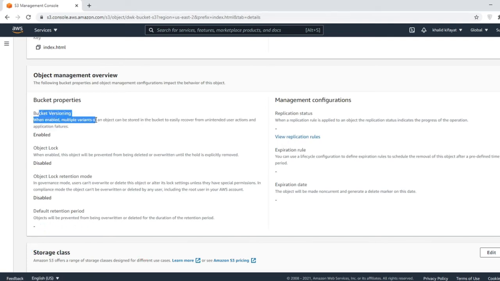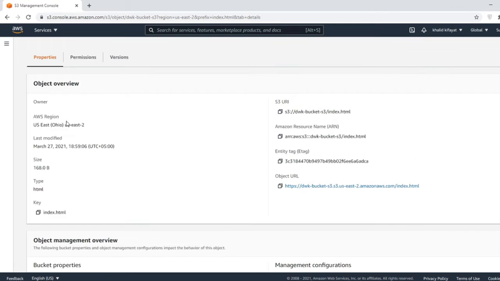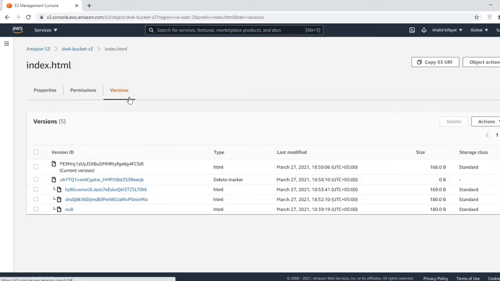When enabled, multiple variants of an object can be stored in a bucket to easily recover from unintended user action and application failure. So let me go to the version tab. So these are the versions which are uploaded for this index.html. If I open this one,